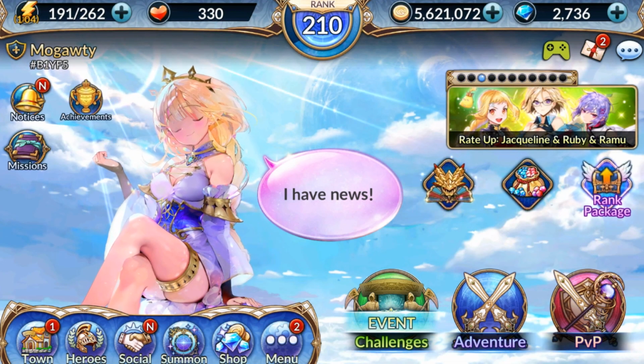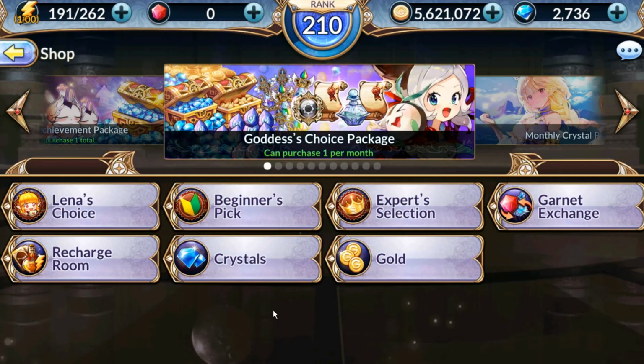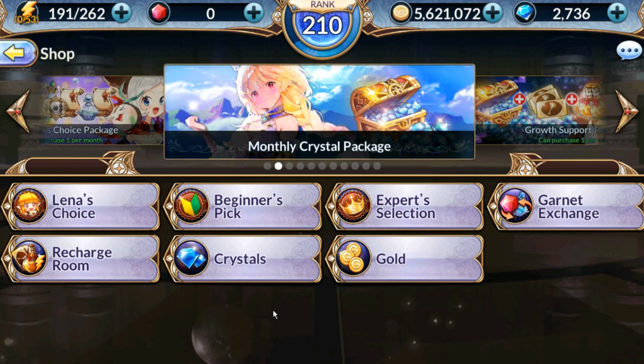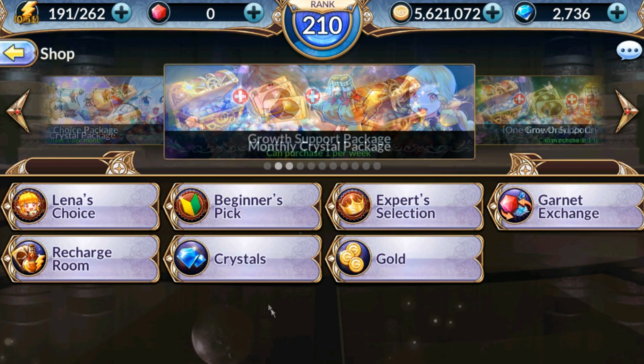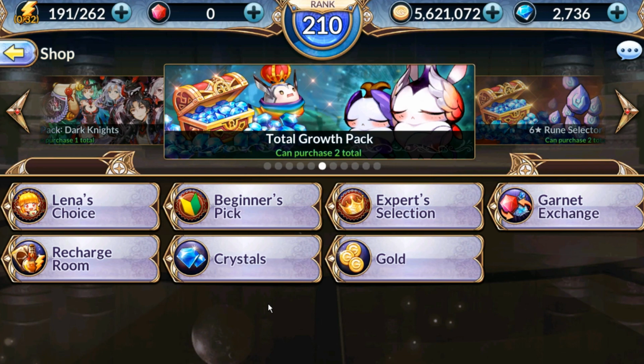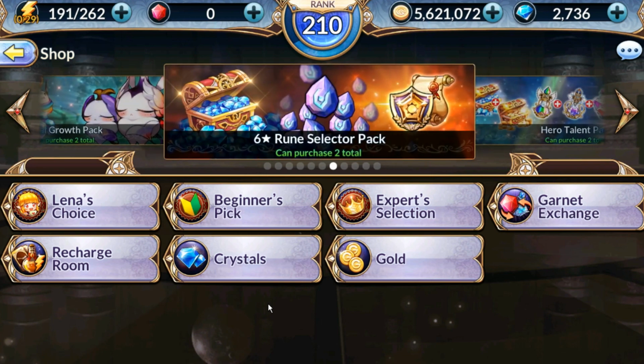So in today's video, we will be heading to the shop and checking out the deals. Be warned, there will be some nice math going on here. Kinda simple math, but math nonetheless. We're going to be going through and looking at the best and worst deals in the shop. So if you feel like you want to purchase a little something, get a little boost, then I'm here to